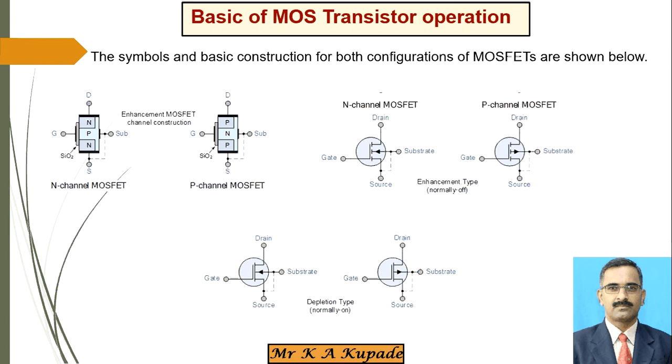MOSFET. See, for that P channel and N channel it is considered one, right? Both are shown here, the N channel as well as the P channel. Now the depletion type, for P channel as well as N channel MOSFET, the same consideration is there. In that, the dotted terminals in the circle area are not shown. It is a straight line directly, without dots, and that shows that this is the symbol of a depletion type MOSFET, right? This is the depletion type MOSFET.